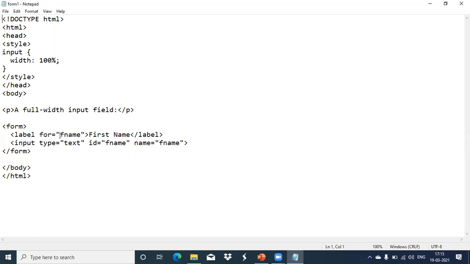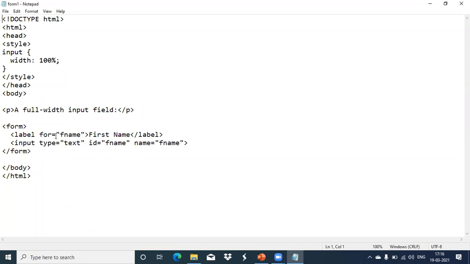Its meaning is that it is for the first name. There you remember we have given like this only, input type text, then ID we have given that is F name, and its name also F name, like this. So the name, that time what I told, to identify this text box for that particular label, we are giving this name attribute. So here, now this label also you can name it. So this label we are giving for which field, we can specify it properly, F name, like this.